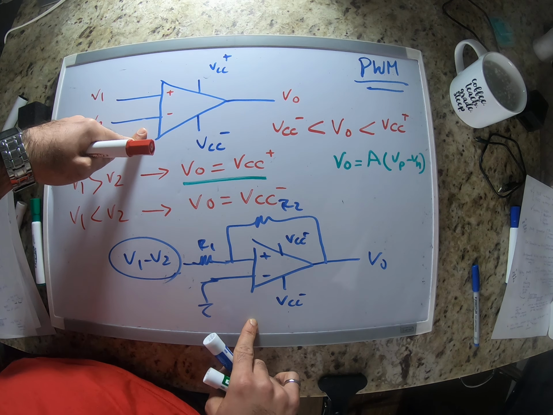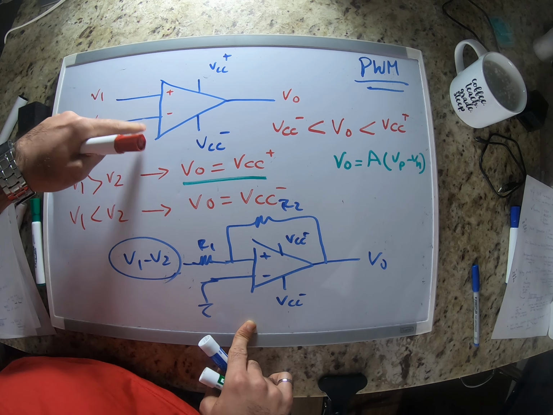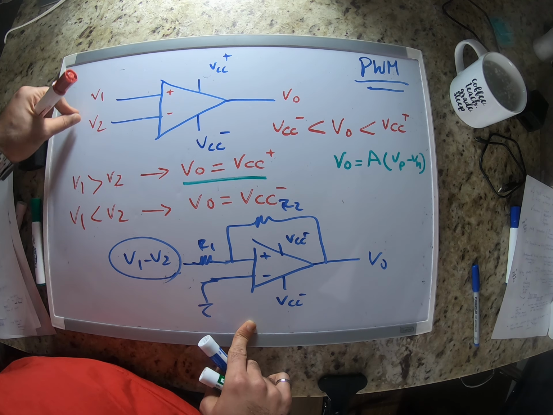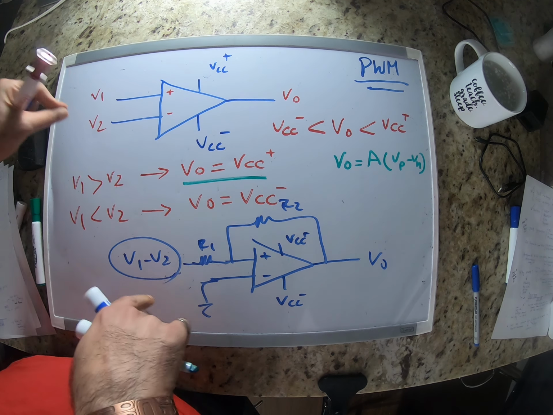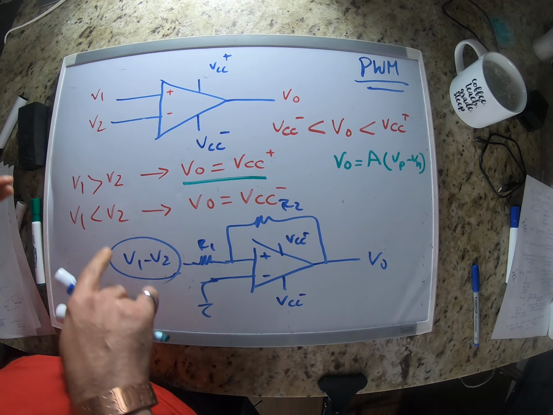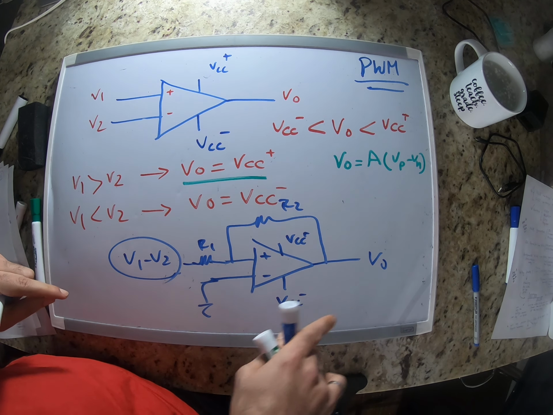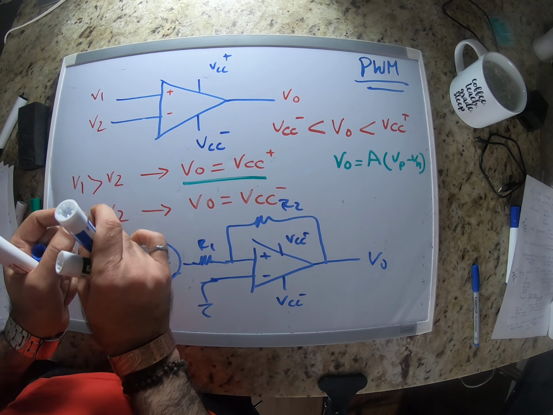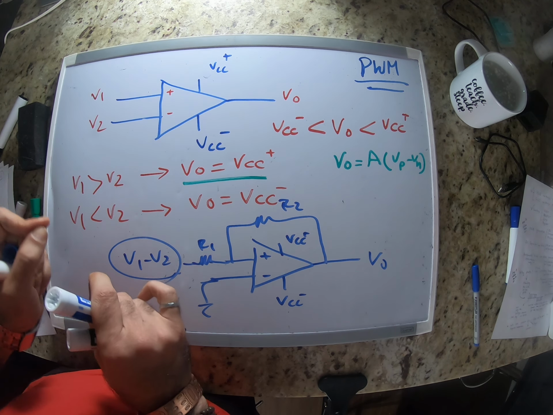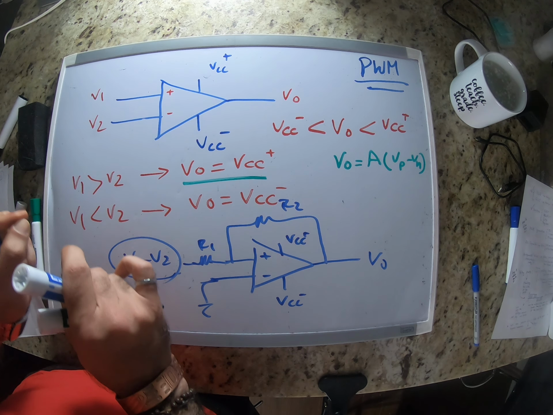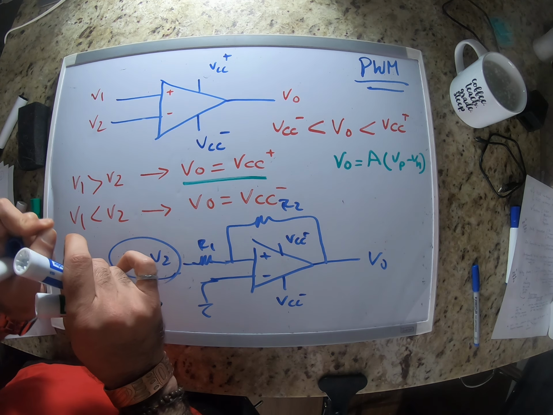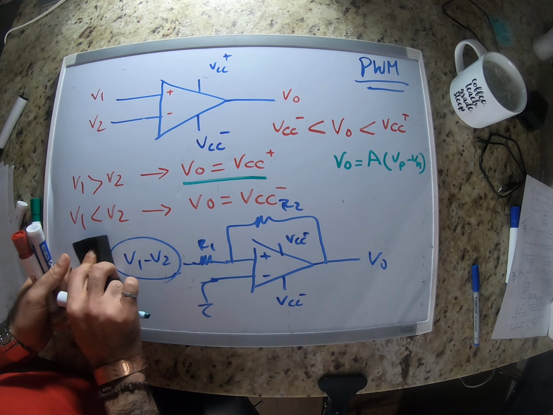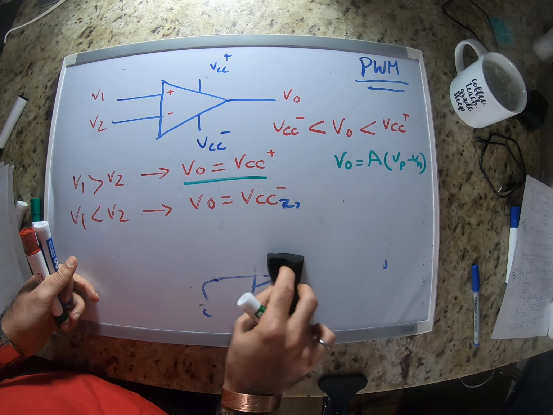That is because this is very sensitive to noise. If V1 gets slightly bigger than V2 or slightly smaller than V2, VO jumps between VCC plus and VCC minus. Using a Schmitt trigger, you can have a threshold. So basically you can adjust how much change is acceptable before you change the voltage, right? But anyways, I just wanted to tell you that we have